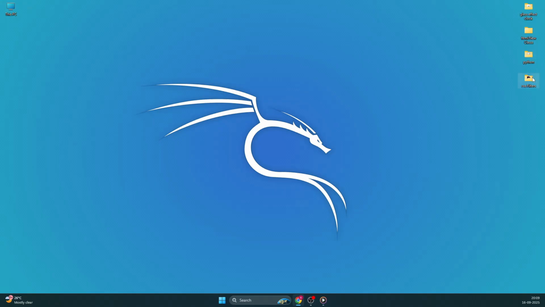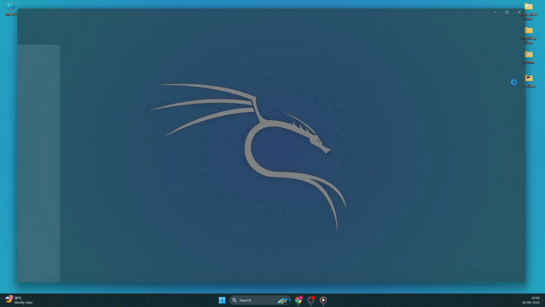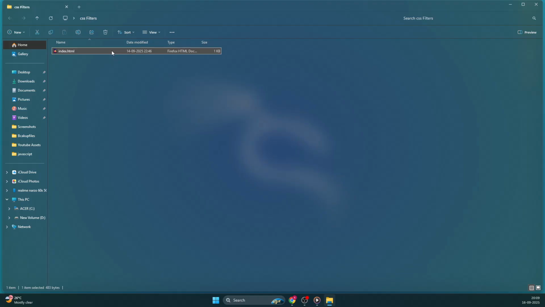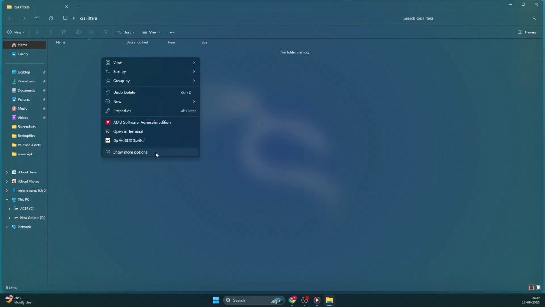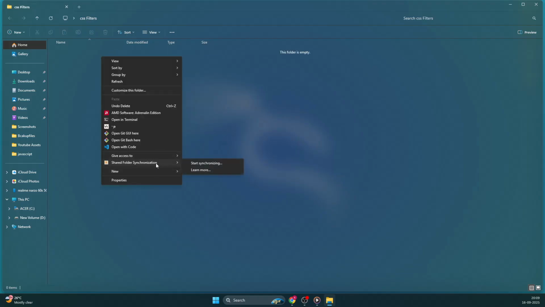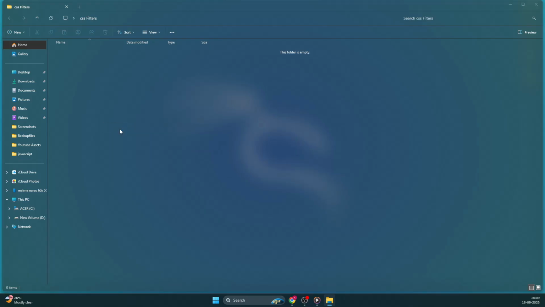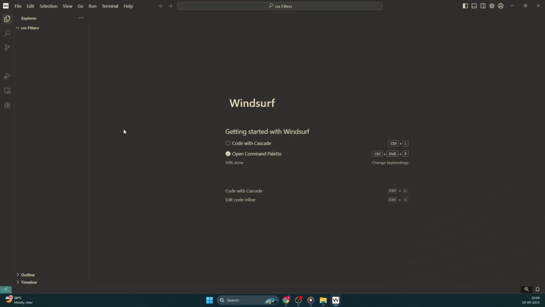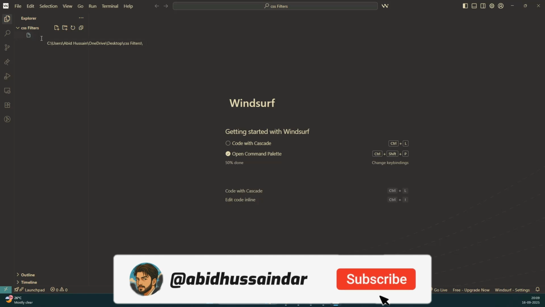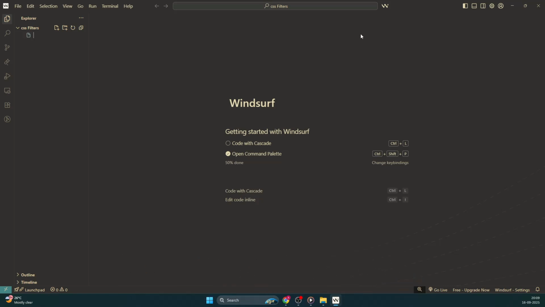Let's open the folder where we will work. Let's delete this first, and open this in our code editor. I am using Windsurf. It is an AI based code editor. If you want to download this, I will provide a link in the description, then you can download it there and use it too. So I will make a file,